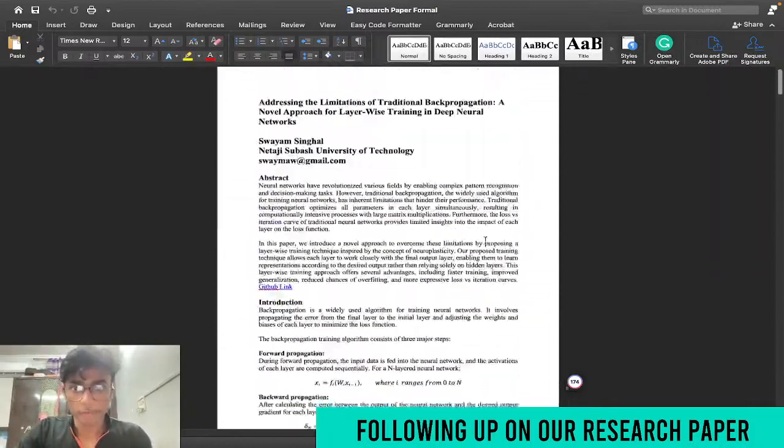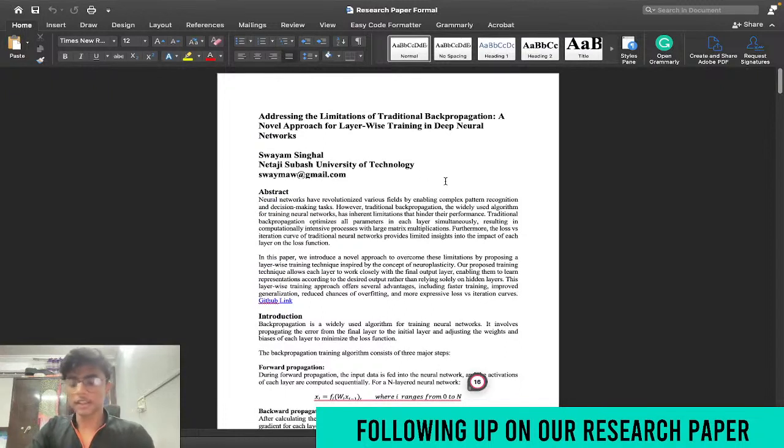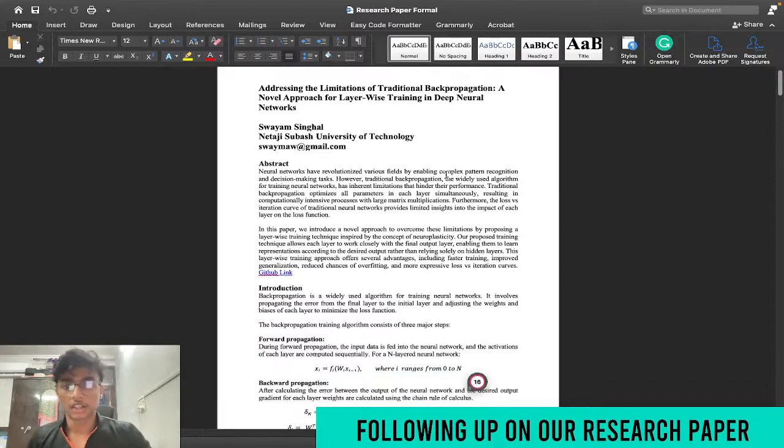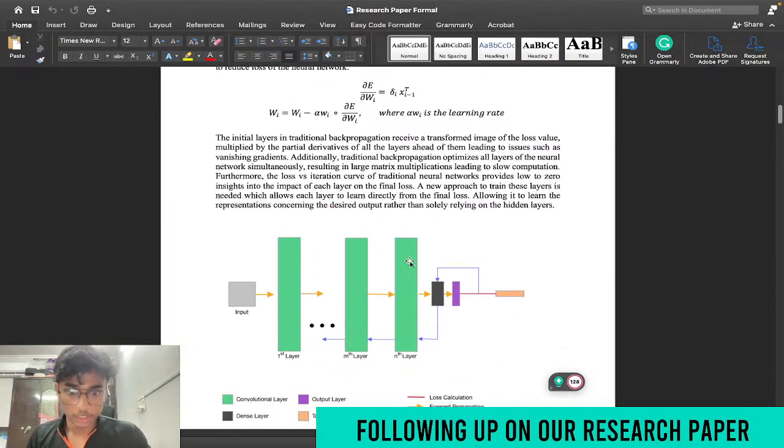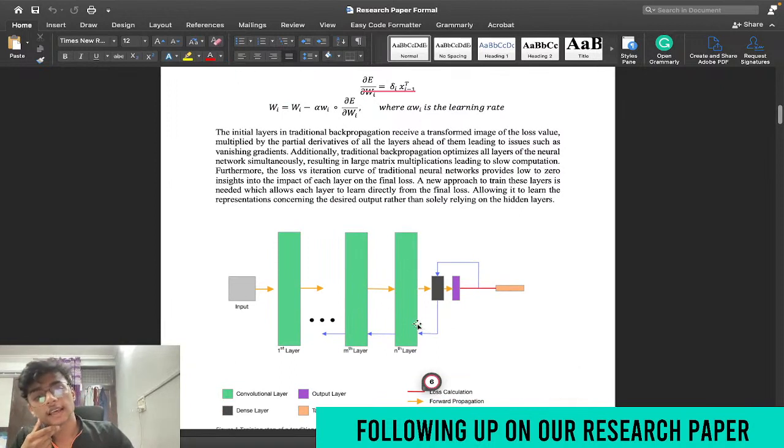So basically, this research paper is about, well, if you know about backpropagation in neural networks. In traditional backpropagation, we train each of the layers at the same time, in the same iterations. What this paper is about is, what if instead of training all the layers from a single loss function